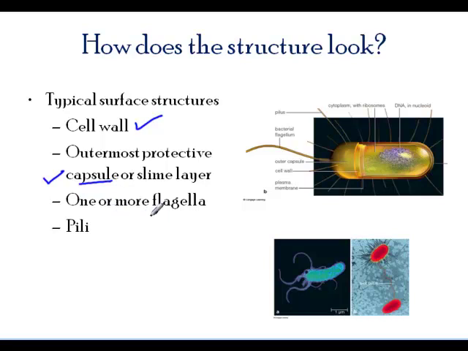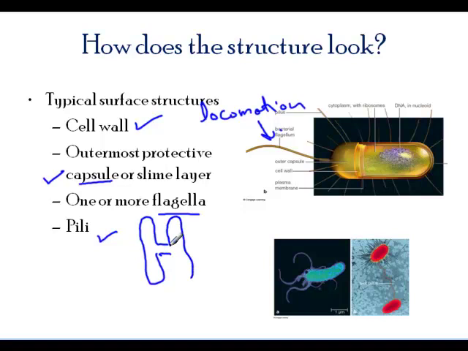They also have flagella. If you recall, flagella are mainly for locomotion, so it helps the prokaryotic cell to move. And another thing that they have are called pili or pilus, which is sort of like, if I was to draw up a cell, during conjugation or reproduction, it produces a sort of corridor, and then it merges to the other cell.